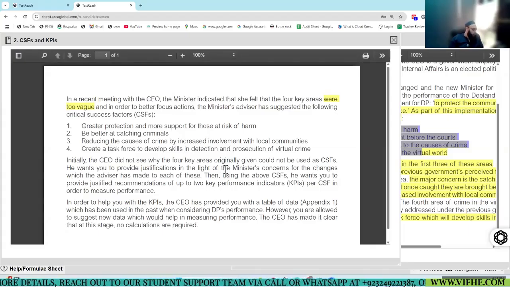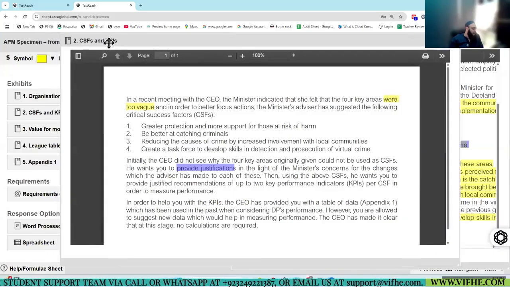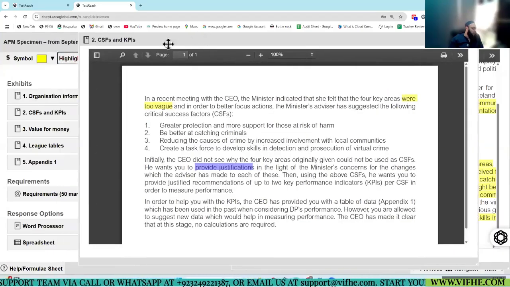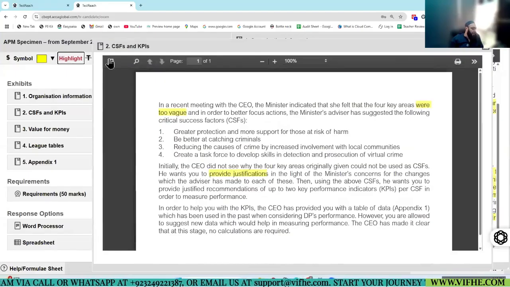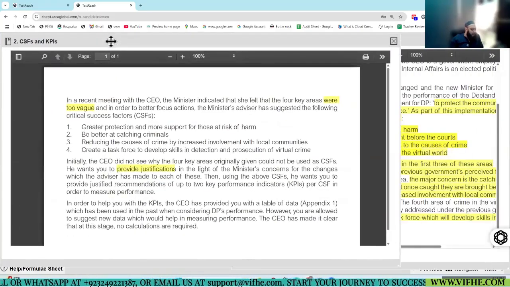Okay? So basically what they want you to do is provide justifications why the minister wanted a change in the areas identified by the CEO.